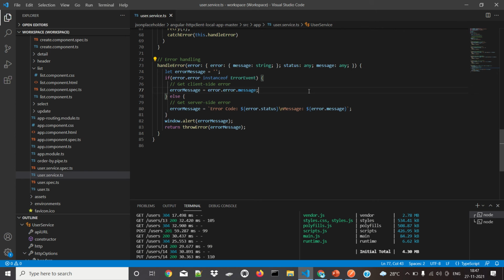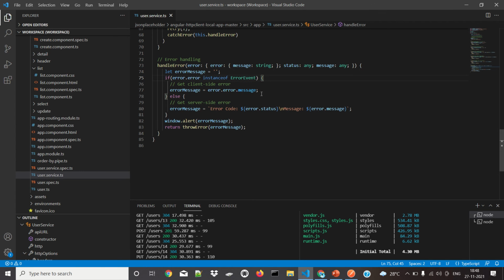What it will do now is get the error and separate it. It will have a separate structure. So the error will be printed as a message separately, and status and message separately. This error message is declared here, an instance of error event is called, and the error message will be stored as error.error.message.